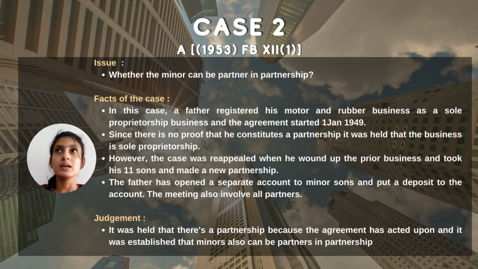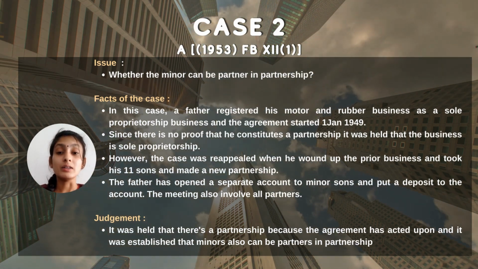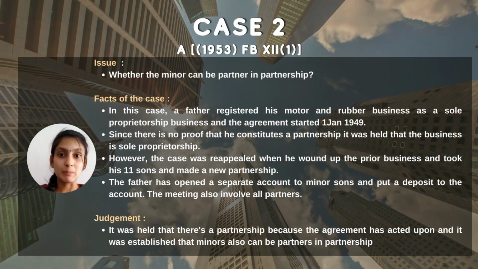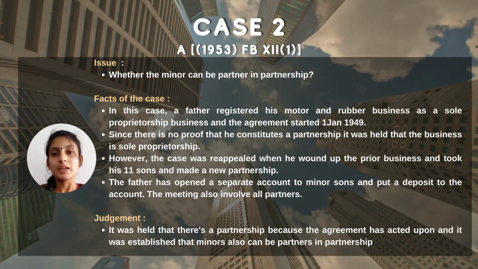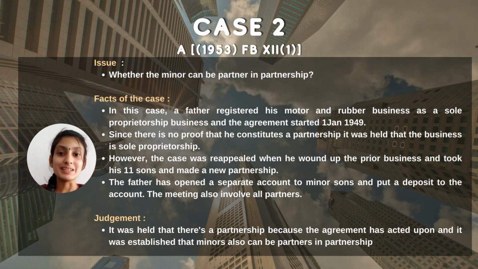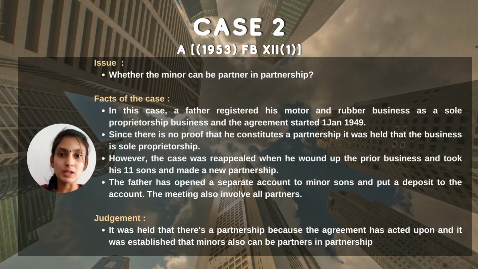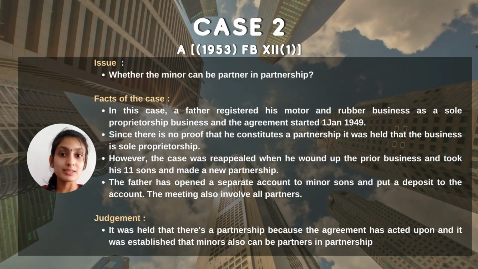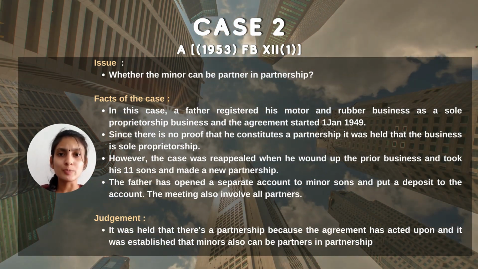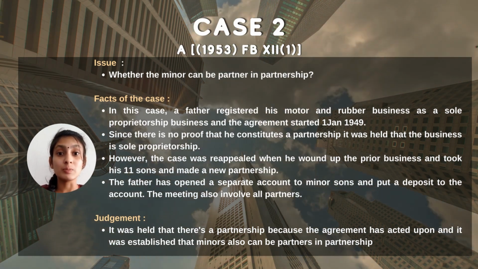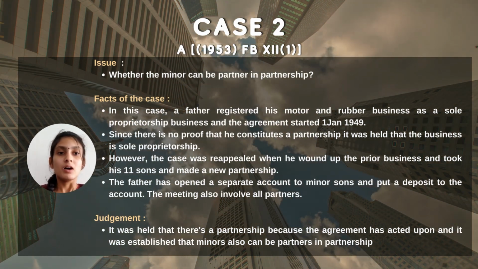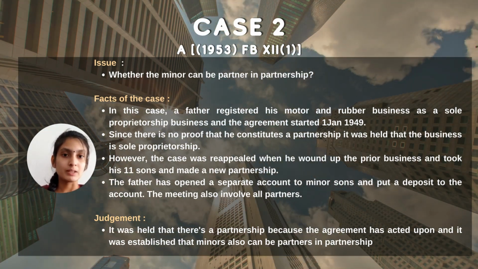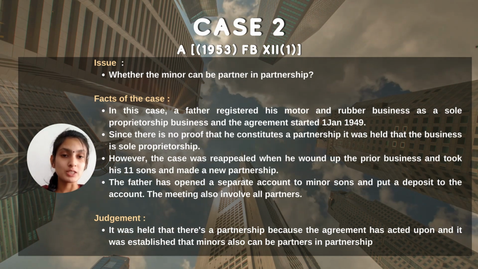What he did was he opened an account for his minor sons and deposited some money, and then as usual they entered into the meeting. There are some proofs. They entered into a meeting and there is an account for the minor sons also as the deposit. So those kinds of proofs, and of course he entered in the meeting and there is an agreement,